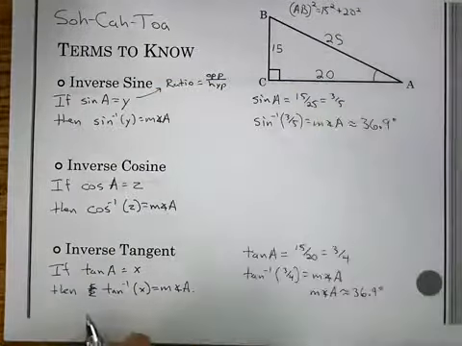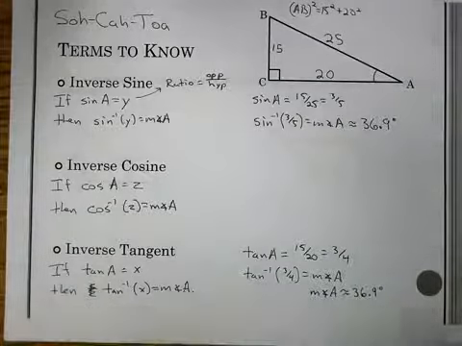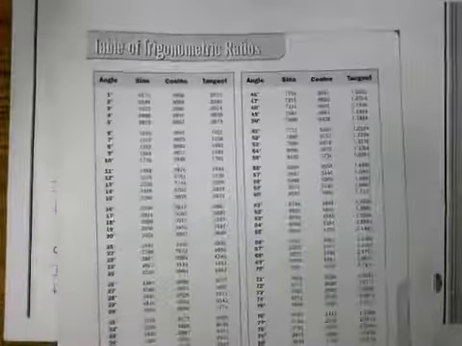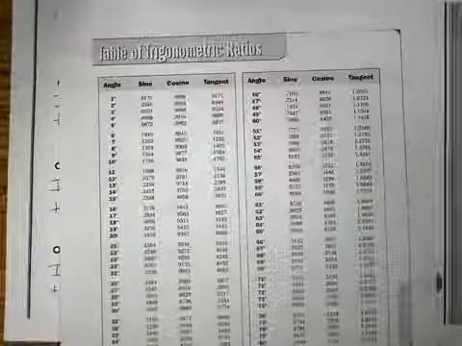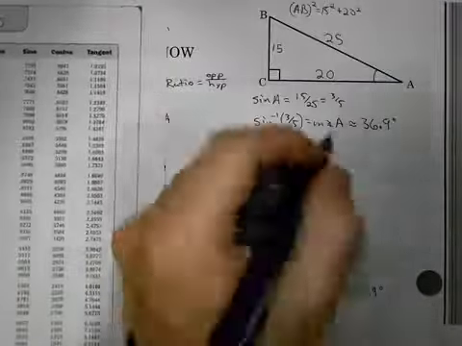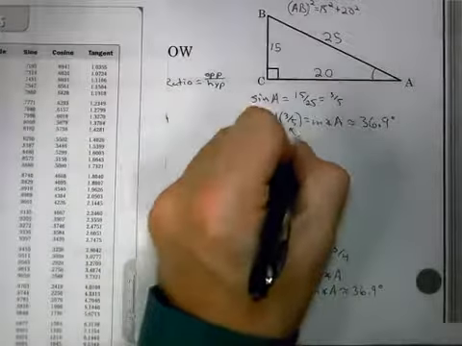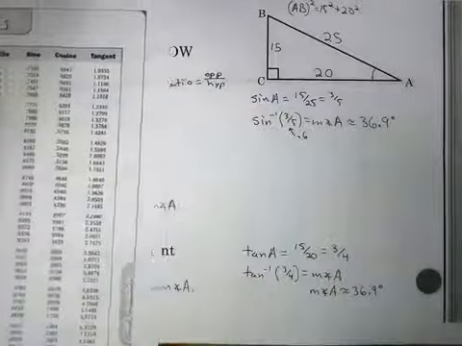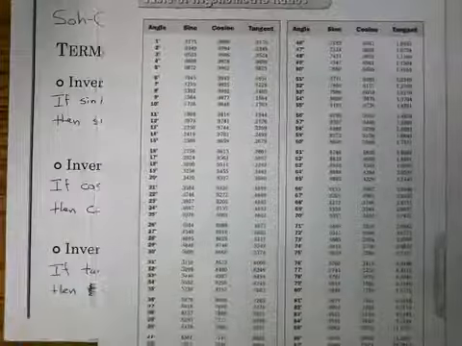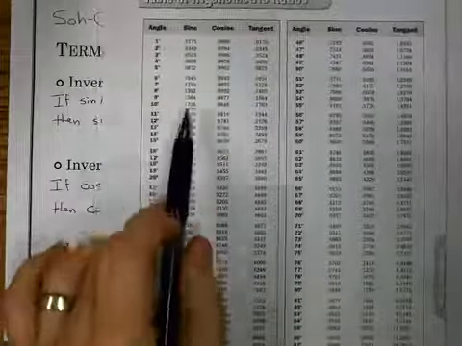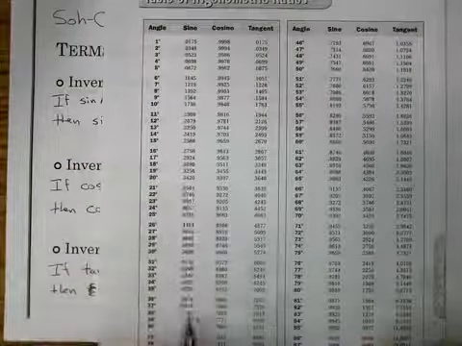Now, you may be thinking, I don't have a calculator. How am I going to do this? Well, we can go back to our trig table and look at that. Now, in the sine column, I'm looking for a value that's close to 0.6. And if I work my way down, I see right here, I have